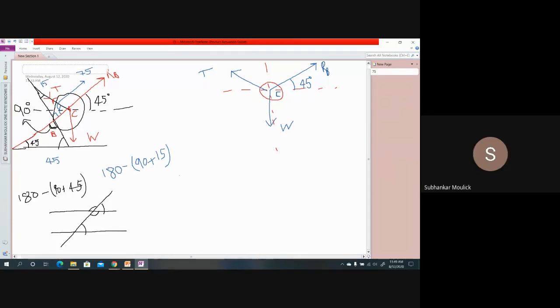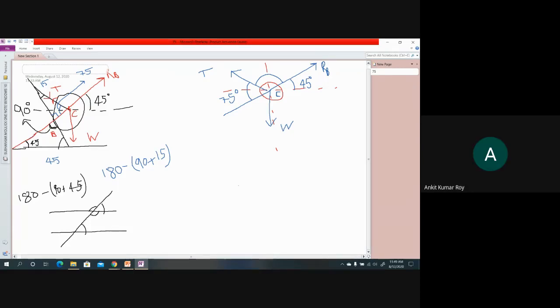This angle is 75 degree and this 75 degree is the angle between reaction RB and tension T. And if I see, this is my RB. If I extend it backwards, this is my RB, this is my tension T. That means this angle is how much? 75 degree. Now I need this angle, that means the angle between T and RB. Then I can easily solve by Lami's theorem. If this is 75 degree, can you tell me how much is this angle between tension T and reaction force RB?